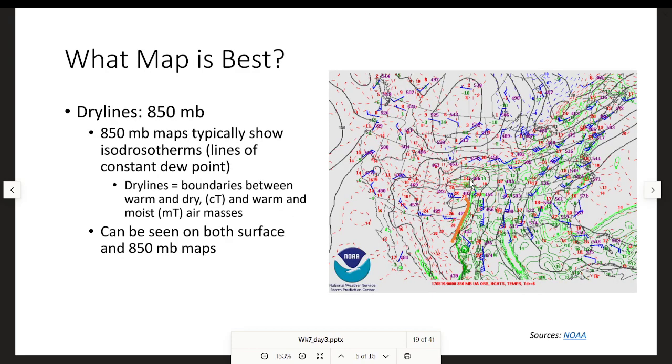Dry lines as well, you also can look at 850. So this shows the lines of constant dew point. It's similar, so you just look for the boundary between the warm and dry and warm and moist air masses. So if you see the air suddenly turn very dry,